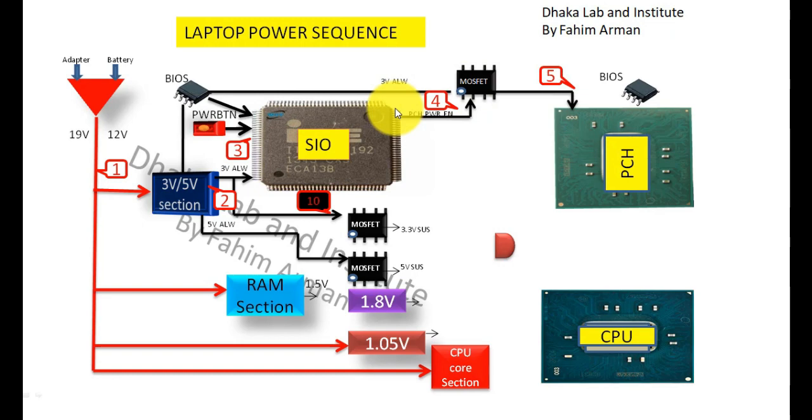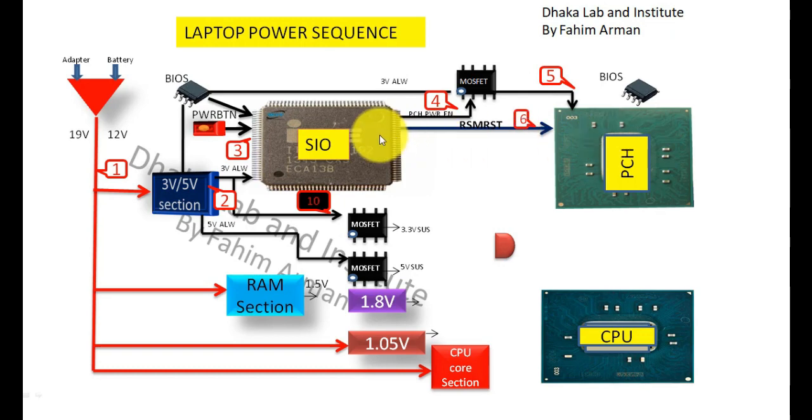But before that signal, there will be 3 volt always. First it will go to BIOS, then 3 volt always will go to that MOSFET, then PCH power enable will be at that MOSFET, then the MOSFET will pass 3 volt always to PCH,